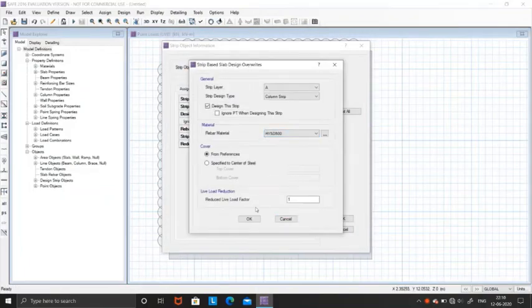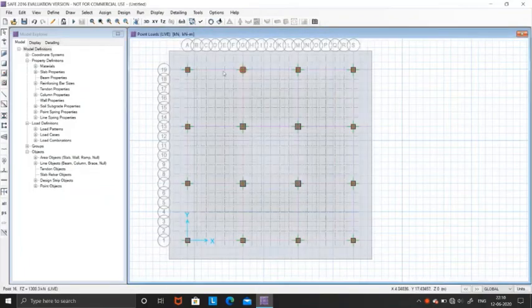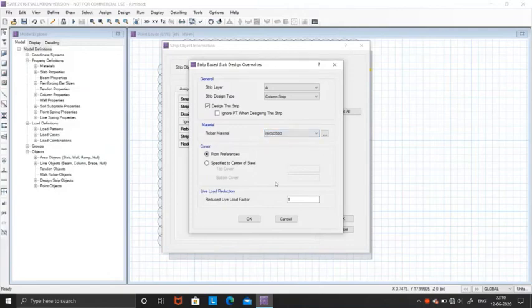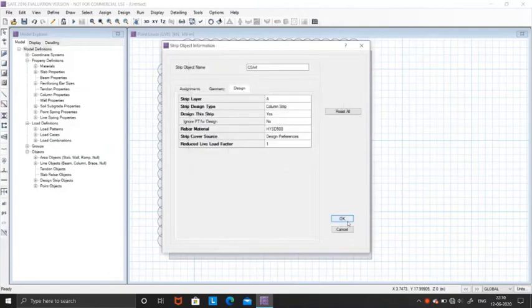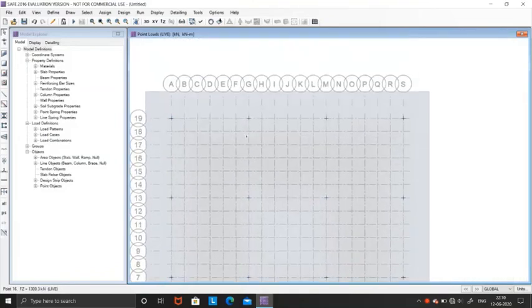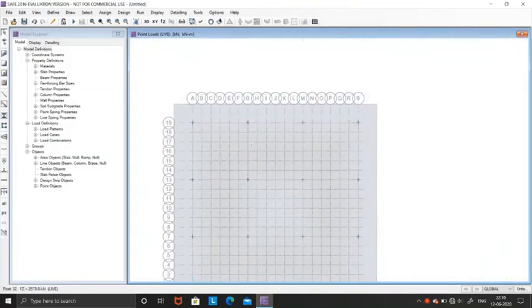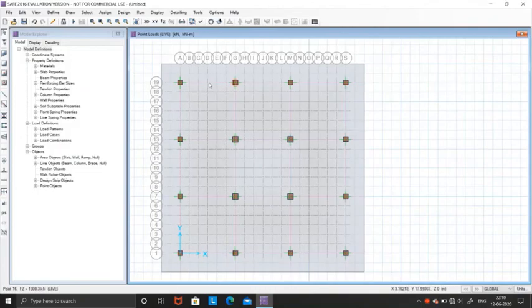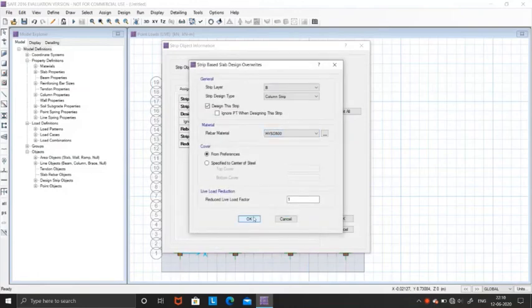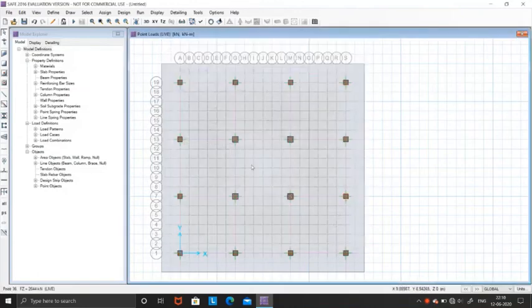HYSD 500. Okay. HYSD 500. Okay. And now layer B. Okay.